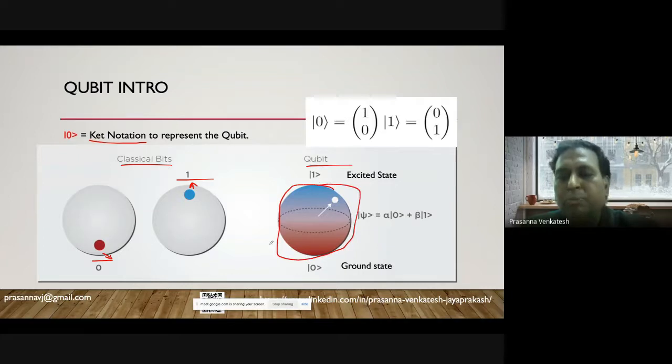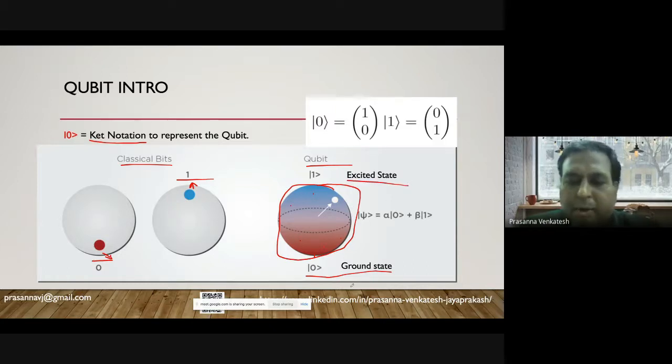This whole sphere that you are seeing is the vector space. This vector space has multiple locations, and each location has a different representation. I hope all of you agree. Within this vector space, the bottom is represented as the ground state, and there is an excited state.